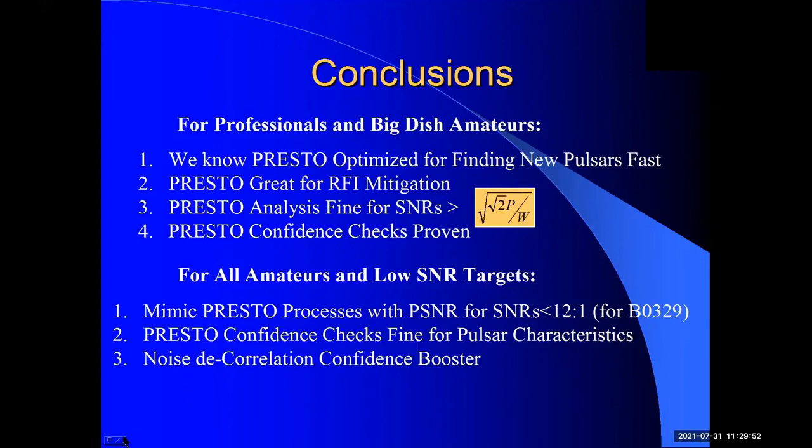Hey, great, Peter. Got one question from Wolfgang. Have you tried RFI clean instead of RFI find on low SNR observation data to see whether it is performing better? Well,